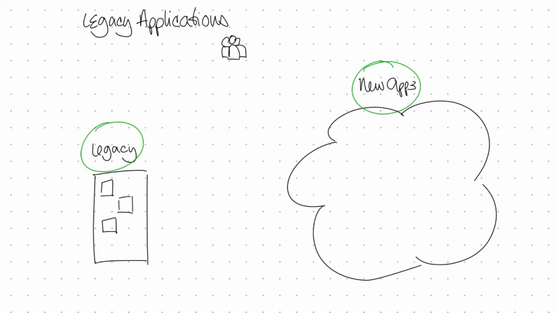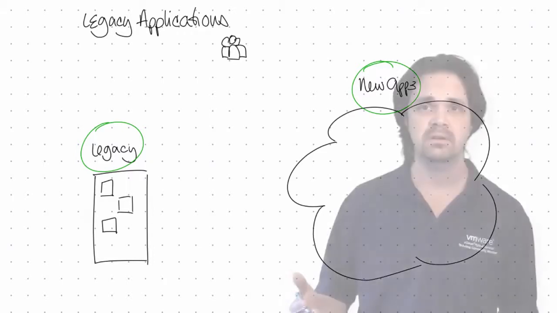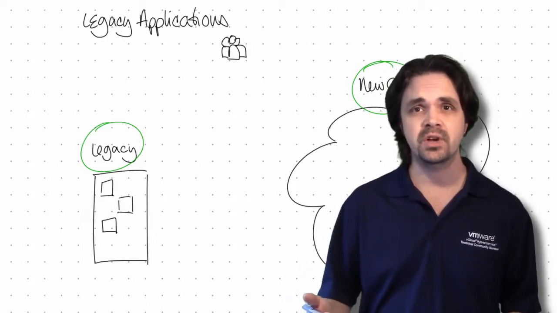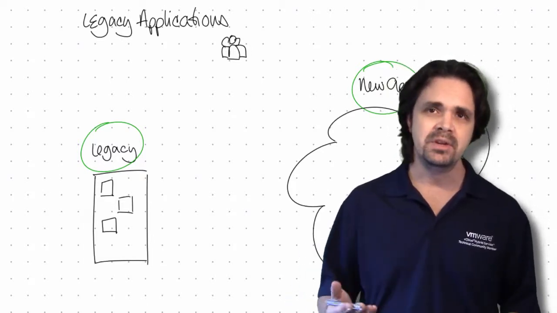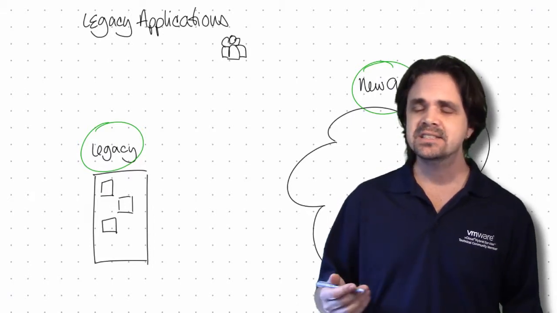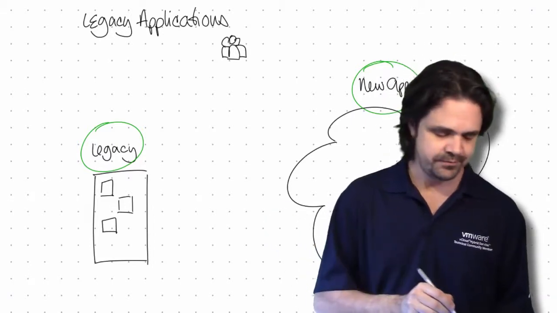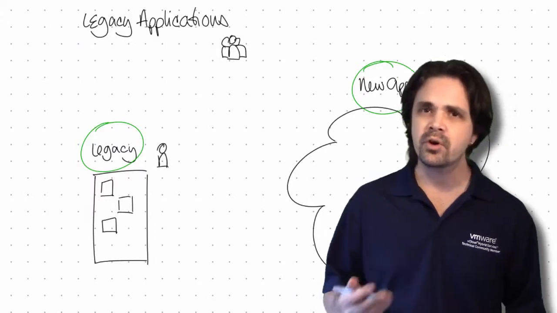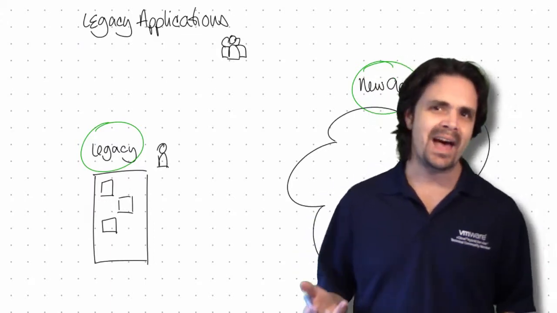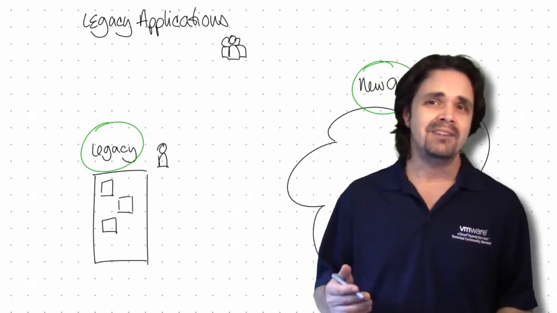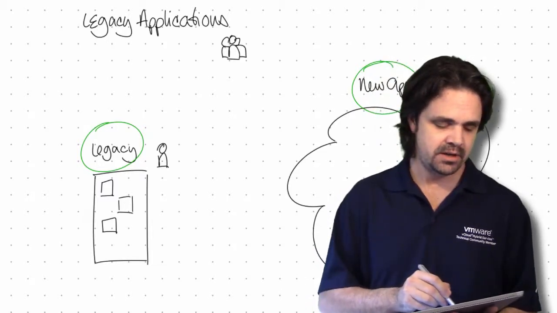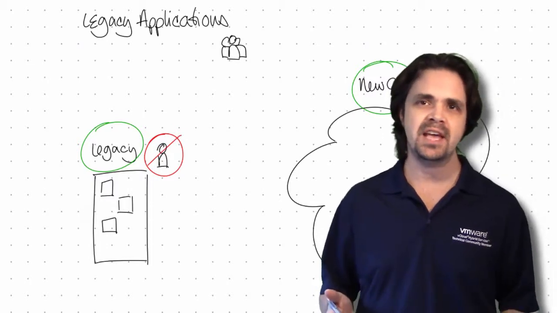However, there are some stopping points, some potential points of block or fail when we look at legacy application integration as customers progress through their journey into cloud, or specifically into hybrid. One that is all too common is administration. Let's say that we've got Bob the admin over here. Bob wrote a legacy application some years back, but Bob no longer works here. And so nobody knows how this application works anymore.